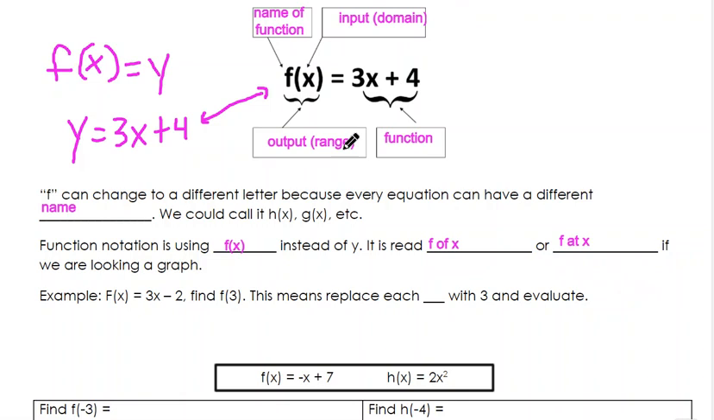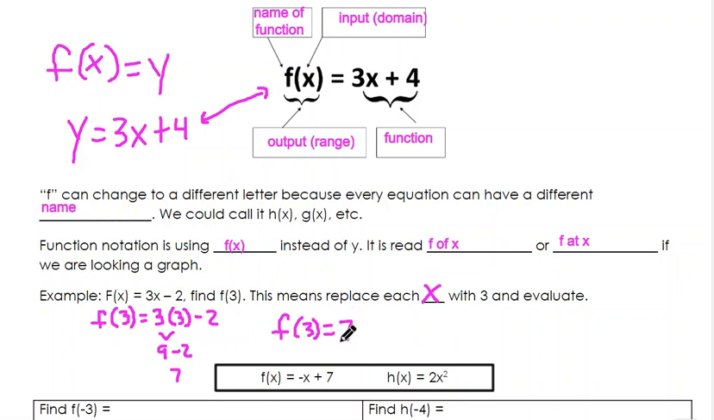So let's see how we can do function notation. Example: f of x equals 3x minus 2. Find f of 3. That means we're going to replace each x with a 3 and evaluate. Whenever I see an x, I'm going to plug in a 3 and solve it. So 3 times 3 would give me 9. 9 minus 2 would give me 7. So f of 3